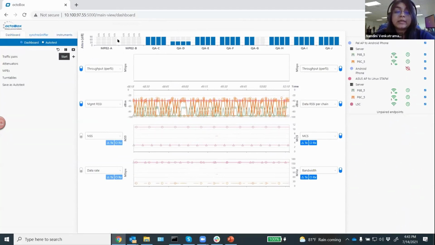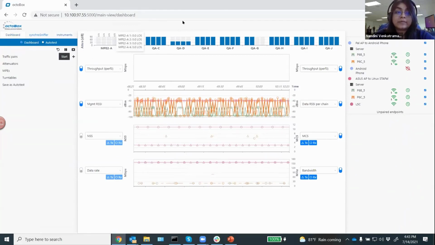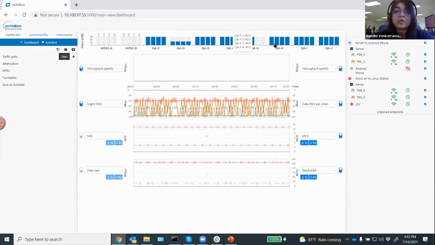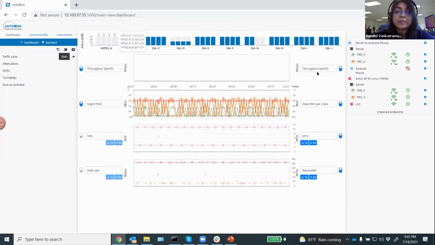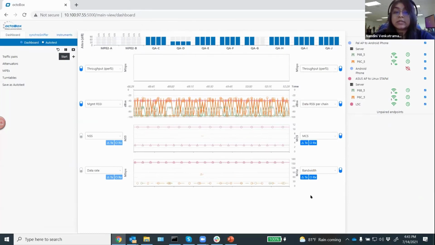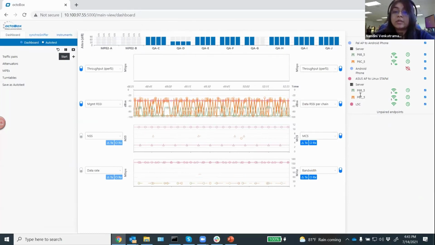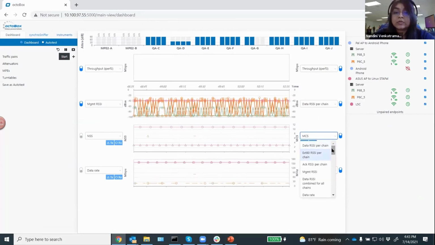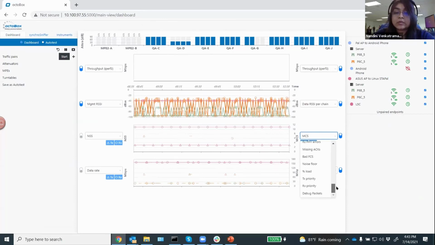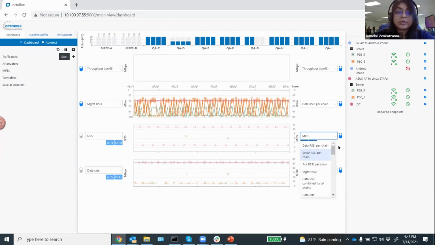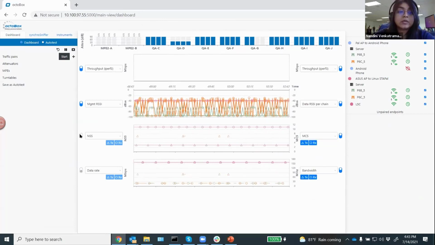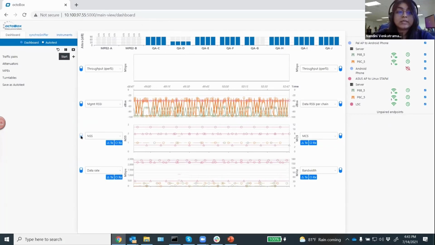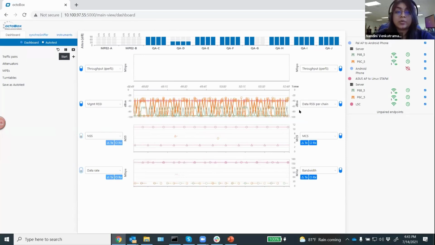Going back to dashboard, and then in the middle of the screen, you have the graphs. So you've got the status of all the attenuators in the system up top, and you've got real-time statistics coming from all the PAL devices. They report their own statistics. So there's a bunch of statistics that you can pick and choose from reported by the chipset, and you can have graphs on either side of the screen, and you can enable, disable based on what you want to see